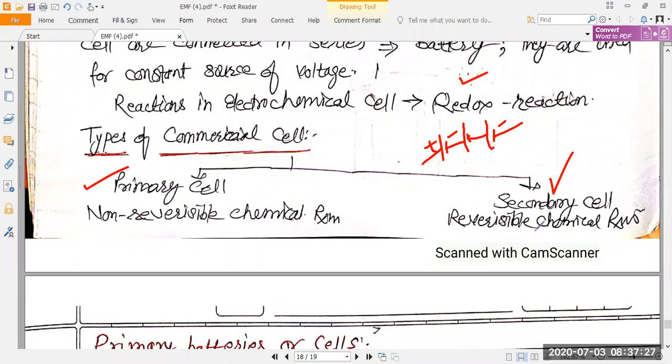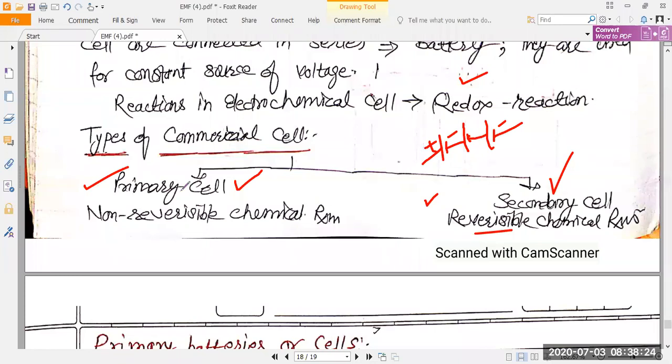and a secondary cell is a reversible cell or battery that can be charged again and again. Those are examples of reversible cells, for example, a mobile battery or a car battery or a motorcycle battery that we use in vehicles. In a secondary cell, the reactions are reversible chemical reactions. But in a primary cell like the pencil cell, non-reversible chemical reactions take part. I think the point is clear to all of you.